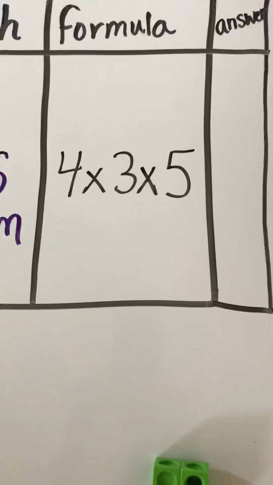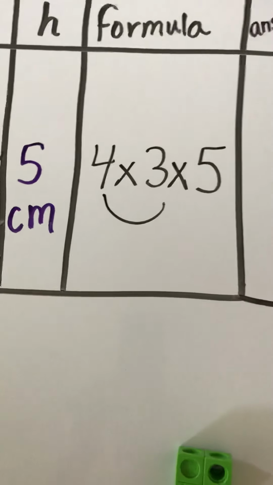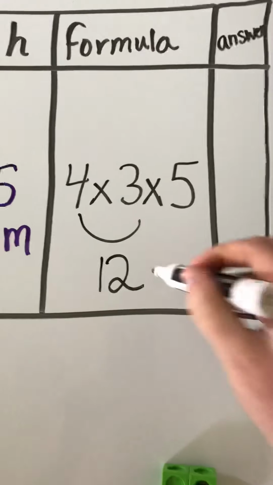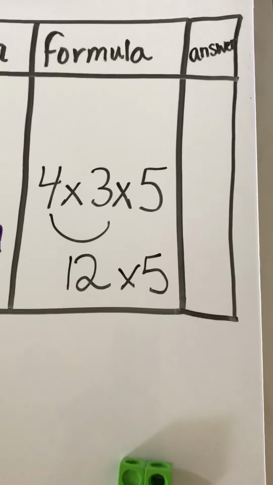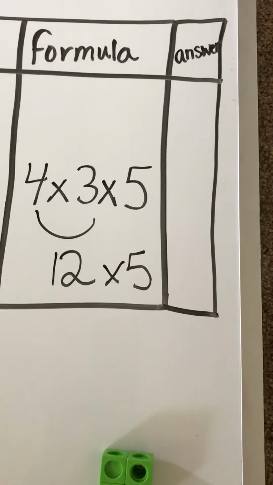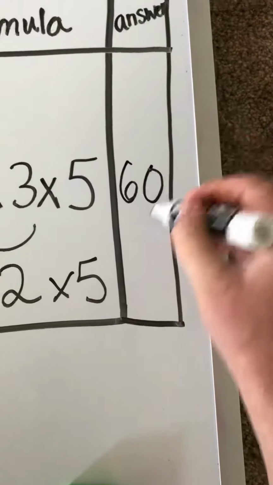So let's go ahead and start and calculate our answer. Let's go ahead and start with 4 times 3. And if you got 12, you're absolutely right, which means that to finish out this problem, we need to multiply that 12 by 5. And 12s are kind of hard, but think about it if you know it. And you should have gotten an answer of 60